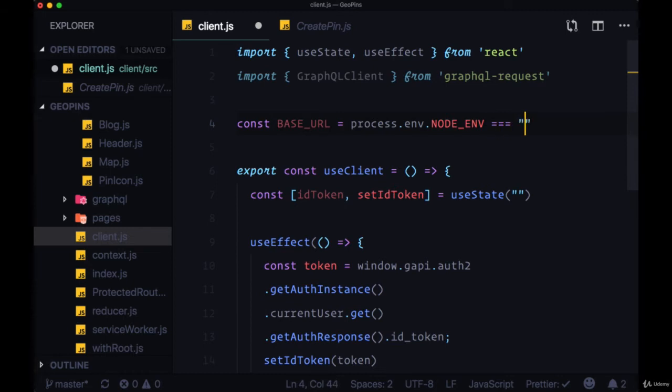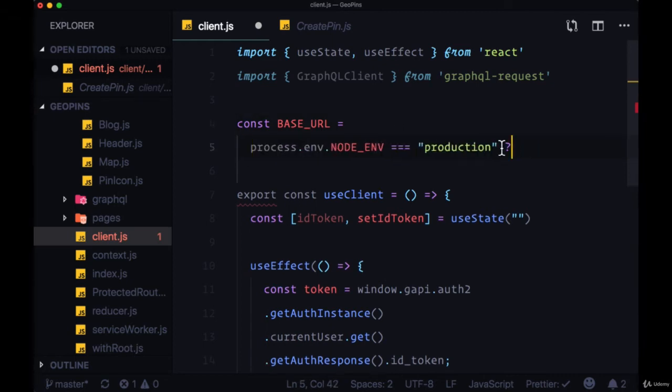And if NODE_ENV is set to production, then we want to use a production URL. So this would be maybe a custom domain name or a Heroku URL or something like that if we deploy to Heroku. But for now, we're not in production, we're still in development, so we'll just provide a dummy value of